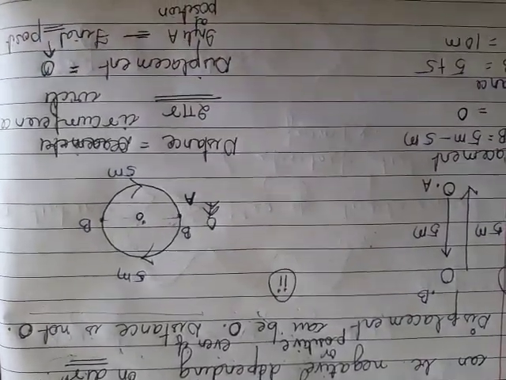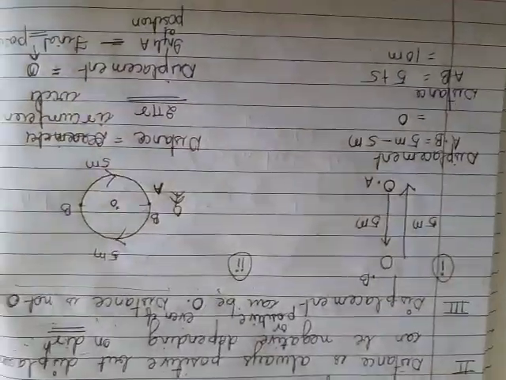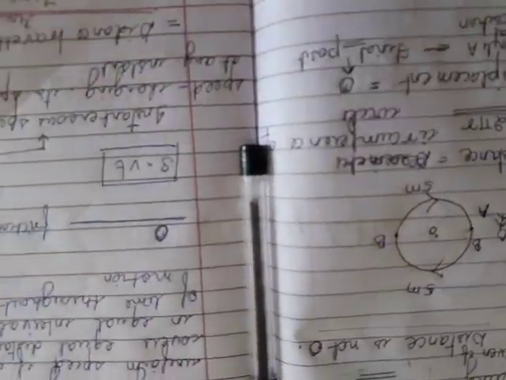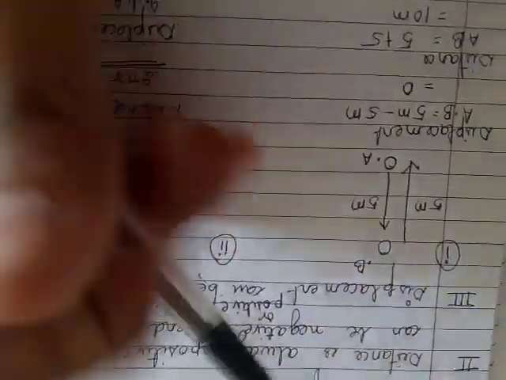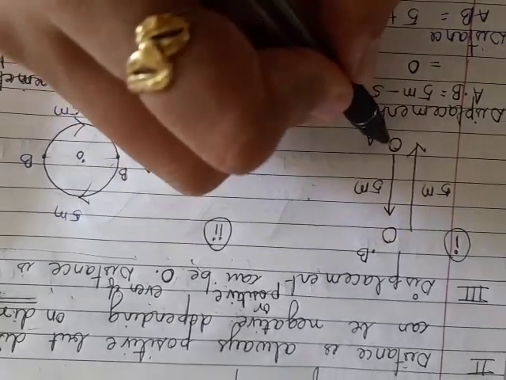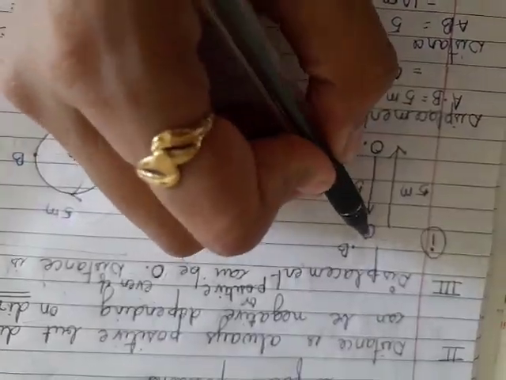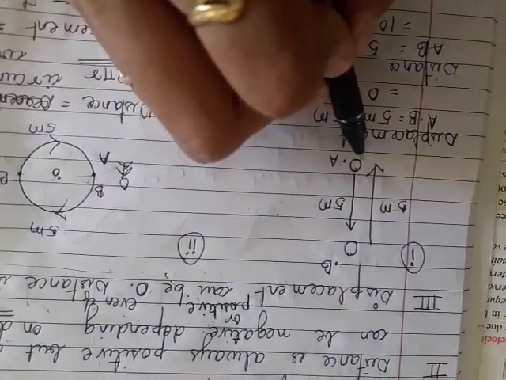Now there is one example they have given us. Two examples are there, and I have drawn them here. The first example is when the ball is thrown upwards, vertically. Let us see what happens here. If the ball is at initial position O, I threw the ball, it reached point B, and then again it came back to my position A.